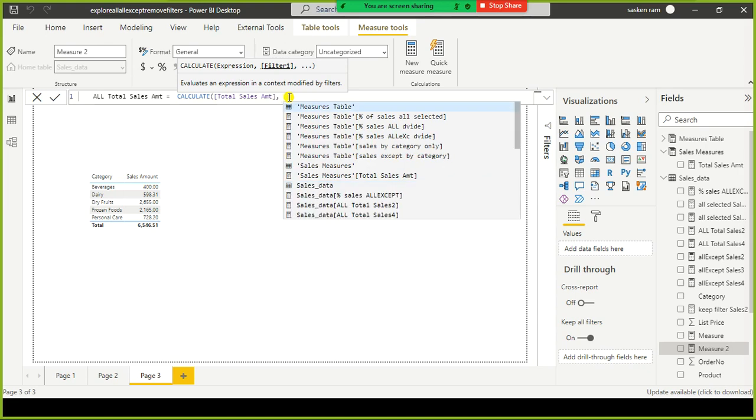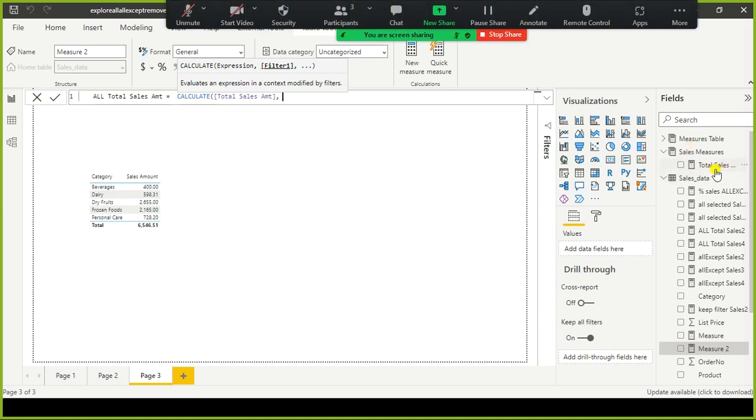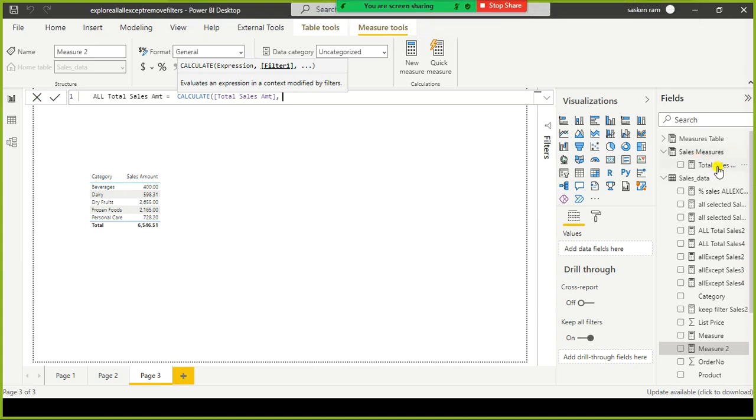I don't want to use the SUM function for the total sales amount, because we already used the SUM function to compute it as part of this measure. Hence, I just reuse this measure. It is always a best practice to reuse a measure wherever it is appropriate. In this case, we have already computed the total sales amount in this measure, so I'm going to reuse it.